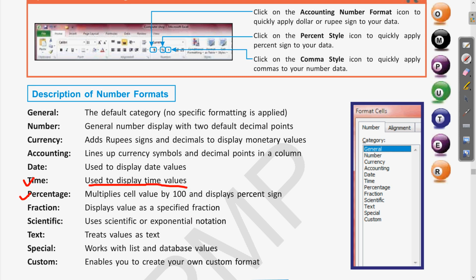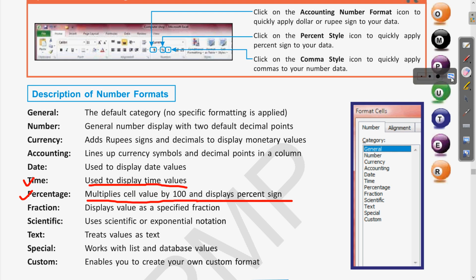Next is percentage. If we choose the percentage number format after selecting the data, it will multiply the cell values by 100 and display them with the percent sign. Clear? Let us see an example of this also.